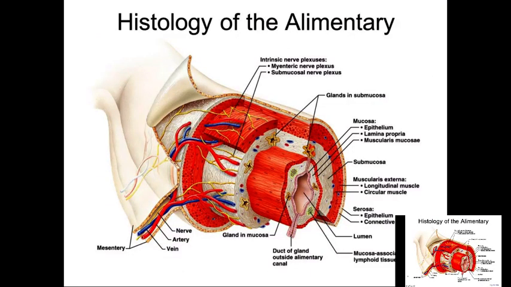Here again is just another illustration. I like this view. Let's take a look again. Here is the mucosa, the innermost lining. We know that it's epithelium. Here's the lamina propria, which is an important area. And when you look at the lamina propria, there is a lot of